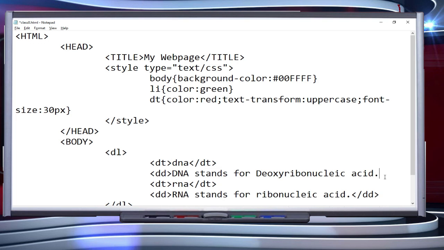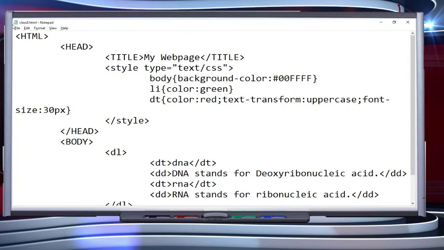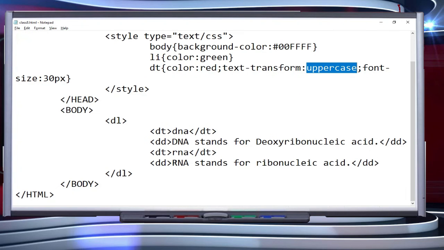Rather, we must do this for the previous code as well. I'm saving it, going back and check here. So this is the benefit and beauty of CSS, that again and again manually we need not make a change here in making this as capital, making this as capital, because once it is declared that this has to be uppercase, then by default it's for each and every term. Wherever it's written DT, it will make it capital. So we need not worry about it, whether it's capital or small. Once we have done it in uppercase, it is then applied to each and every one.